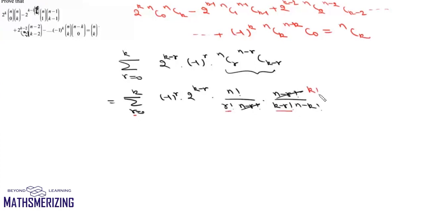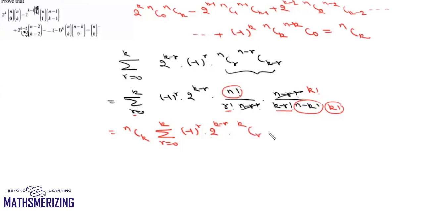So I'll multiply and divide it with factorial k, and then I'll take this factorial n minus k, factorial k common, which is simply nCk. So I'll take this nCk common, and then I can write the summation as summation r varies from 0 to k, minus 1 to the power r, 2 to the power k minus r, and it will be simply